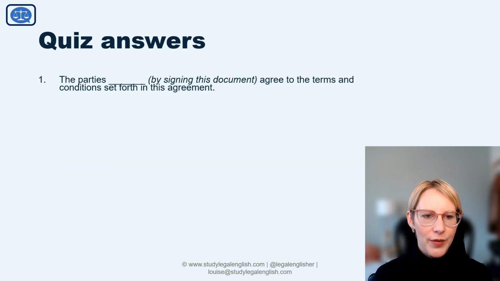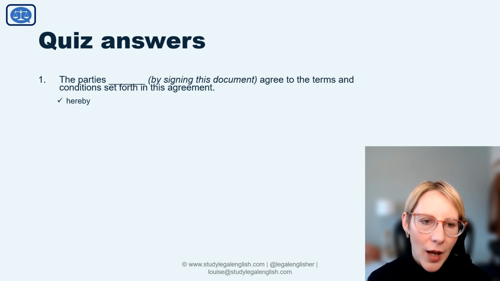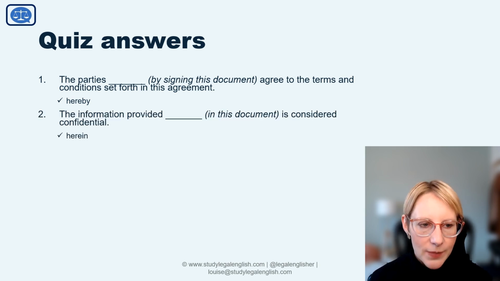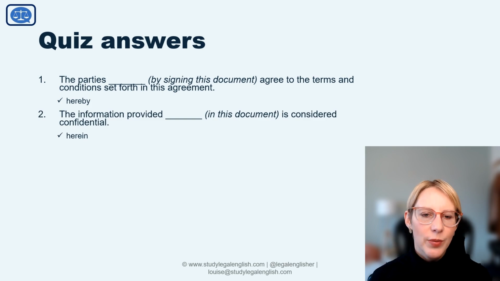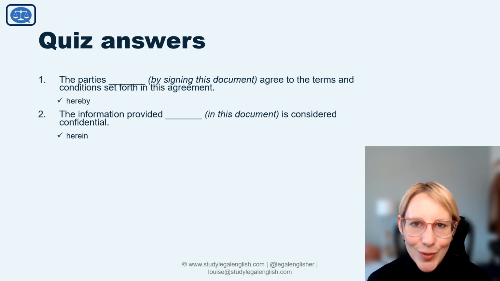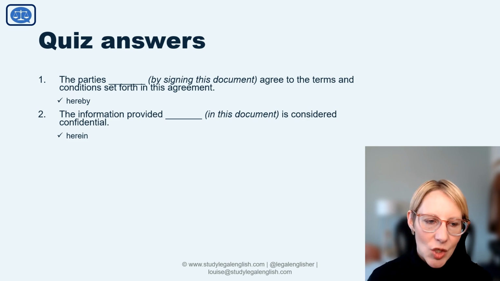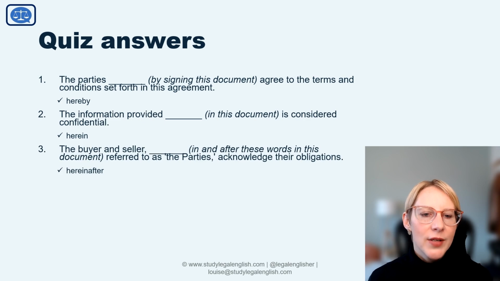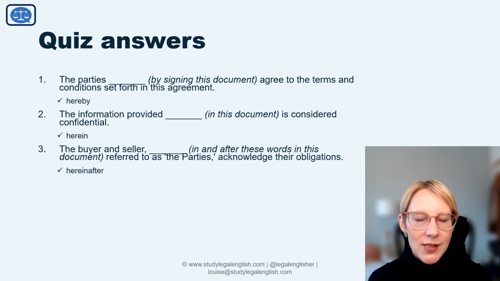First of all, number 1, the parties, by signing this agreement, agree to the terms and conditions set forth in this agreement. The answer is hereby, by signing this document. The next one, the information provided in this document is considered confidential. It should be herein, in this document. The buyer and seller, in and after these words, we're looking for